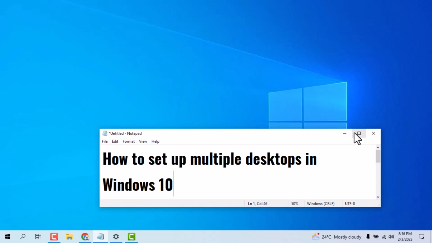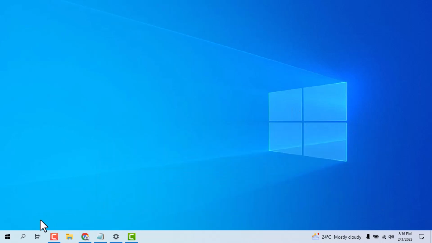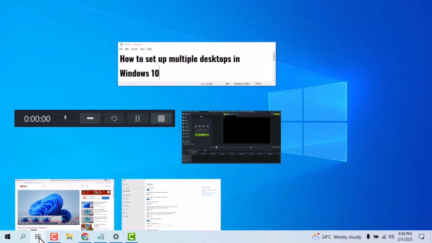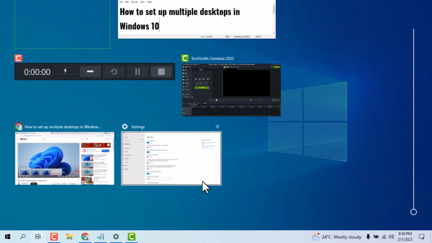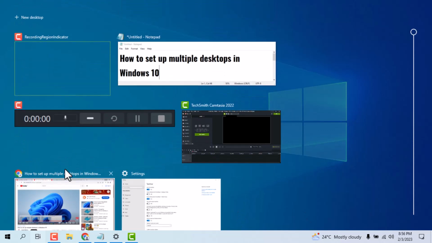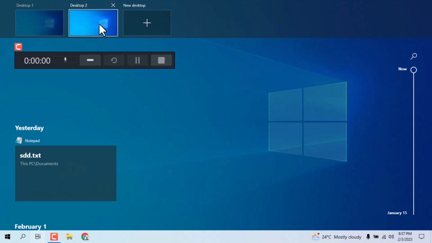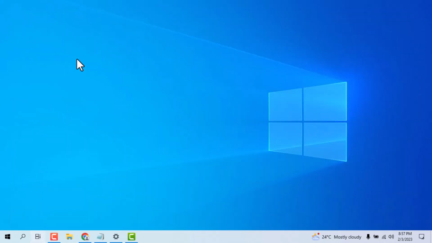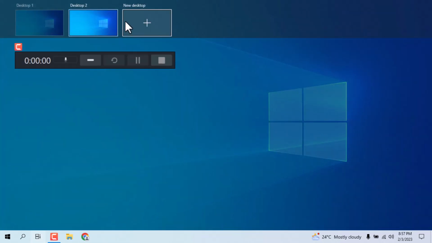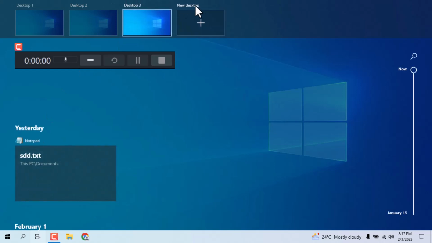So first, you see this Task View. Just click on it and you see it is showing these programs. In the upper side you see this New Desktop. Just click on it and you see Desktop 2 is open. This is Desktop 1 and this is Desktop 2. If you need to create a third one, again click on New Desktop. So you see this is the third one